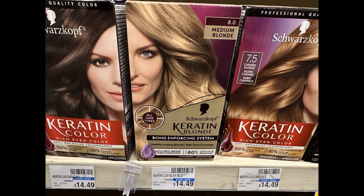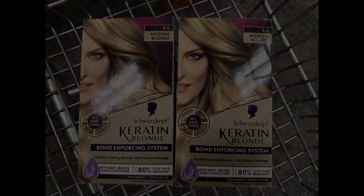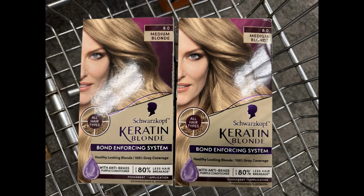So these are priced $14.49 in my store, and they are part of a deal where if you buy 2, you're going to get back a $4 extra buck. So grabbing 2 of them at $14.49 each, that is a total of $28.98. I have a $6 off of 2 digital coupon, so I used that. That brought them down to $22.98. But of course, I'm going to get that $4 extra buck back for buying 2. So that is going to make them